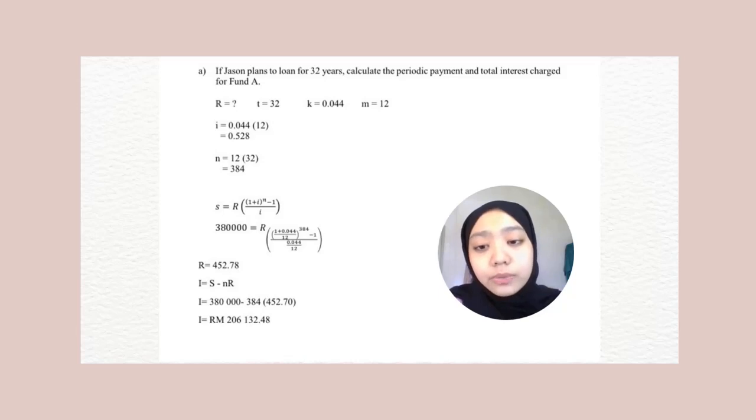So the final answer for the R is 452.78 ringgit. But we also have to find the total interest, which is S minus nR. So 380,000 ringgit minus 384 multiplied by 452.78, and the final rounded answer will be RM